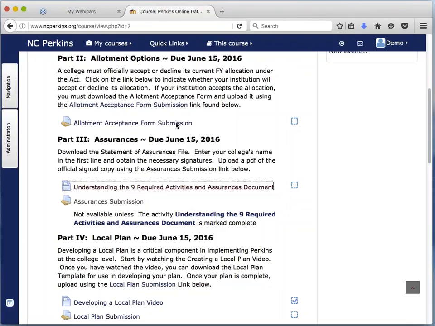So I know for a lot of you, I think the vast majority of our colleges have most of these documents in. I know that we have some folks who are brand new to Perkins, and so the question has come up with one of those contacts, what if we need to make some changes? And if you need to do that, like Tony said a little while ago, the sooner the better, because in order for us to release the funds after the state board approves them, we will need to have everything approved and ready to go. But you do have a little bit of time to do that. Just contact Tony and myself and let us know that that's happening.